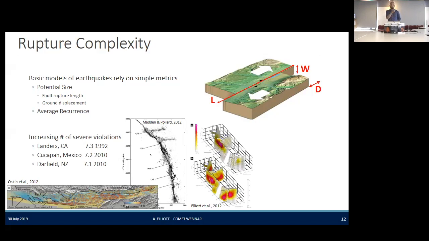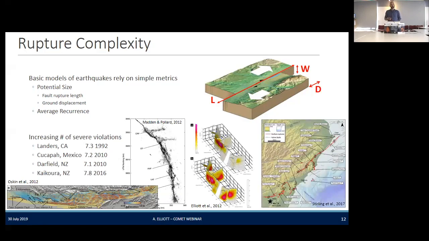So the Cucapá, Mexico earthquake in 2010, the Darfield, New Zealand earthquake also in 2010, and most recently, and sort of most astonishingly, the Kaikoura earthquake in 2016. This earthquake ruptured literally dozens of different faults and produced a much larger earthquake than we would have expected from any one of these faults individually. It also assembled together a great number of faults that we wouldn't necessarily have thought would all be involved in